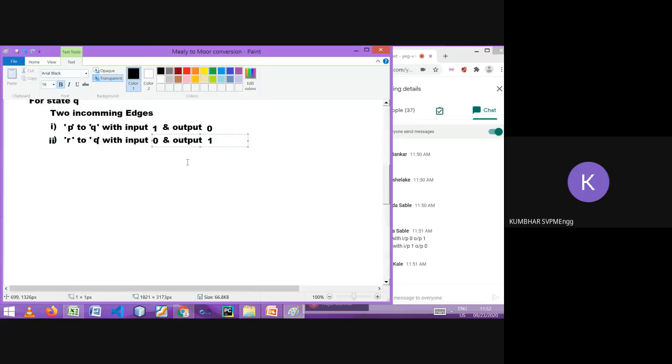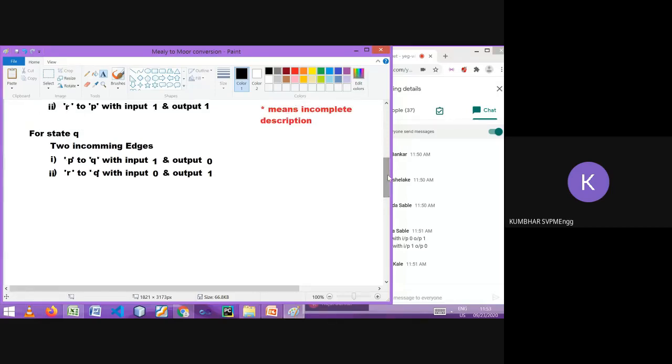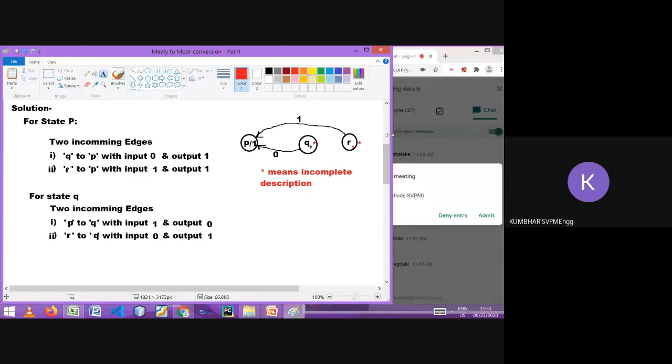Fine. So see now, what do you observe here? Every incoming edge is giving a different output. So we are getting two outputs. See, in the previous case, for both the incoming edges the output was the same. That's why we were able to write the output directly with the state. But now, which output should we write?